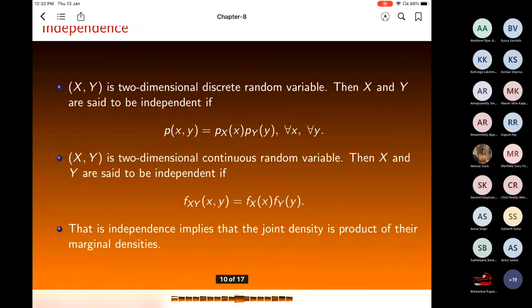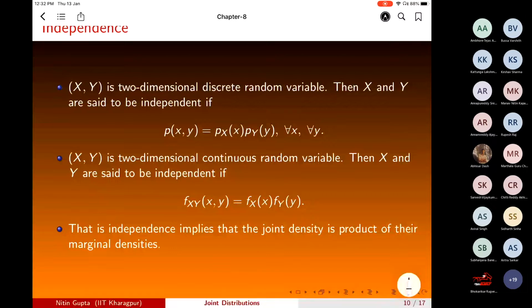Okay, so x and y are said to be independent if the joint CDF, the cumulative distribution function, which is the probability x is less than or equal to x, y is less than or equal to y,